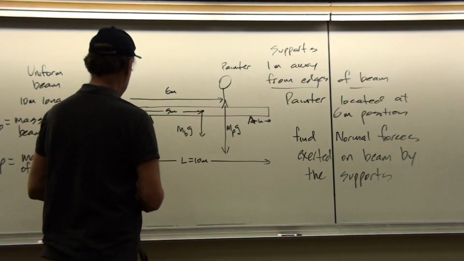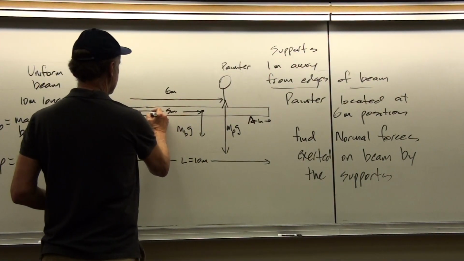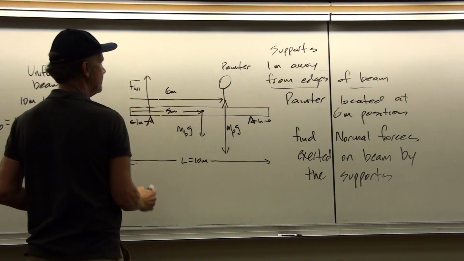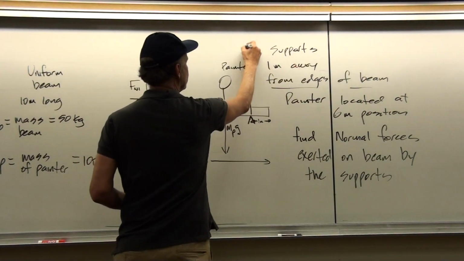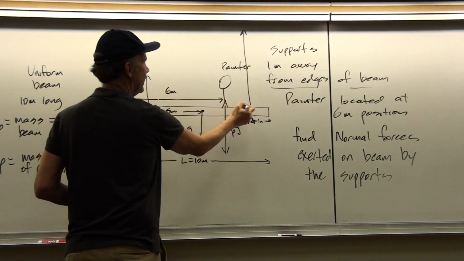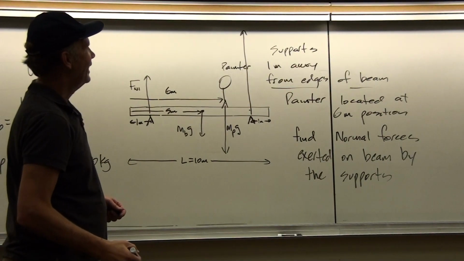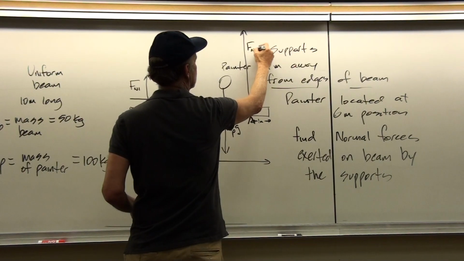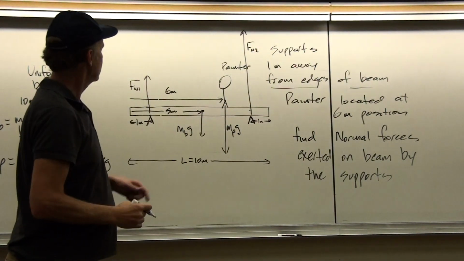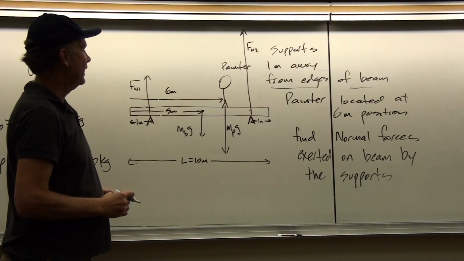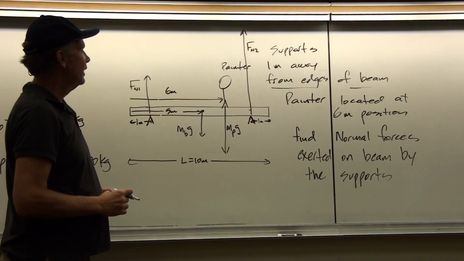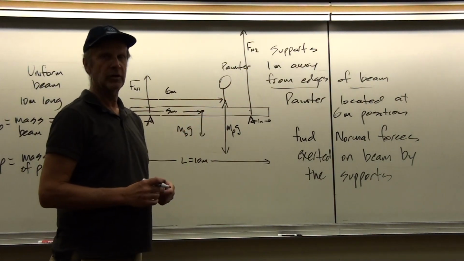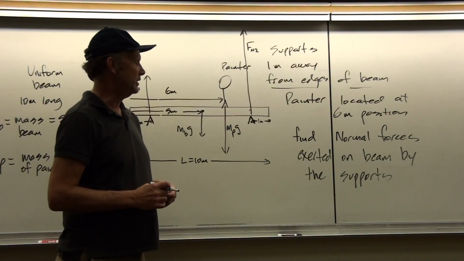And so here, what we're going to expect, if we draw all the forces that are acting on the beam, is that we'll have a normal force here due to support 1 that we could call F normal 1, but a larger normal force because the fact that the painter is on this side. And so I'm going to, although I don't know how big that is yet, call that F normal 2 and make it longer than F normal 1. And then we'll use the algebra of solving the force and the torque equations to determine what the values of F normal 1 and F normal 2 should be.